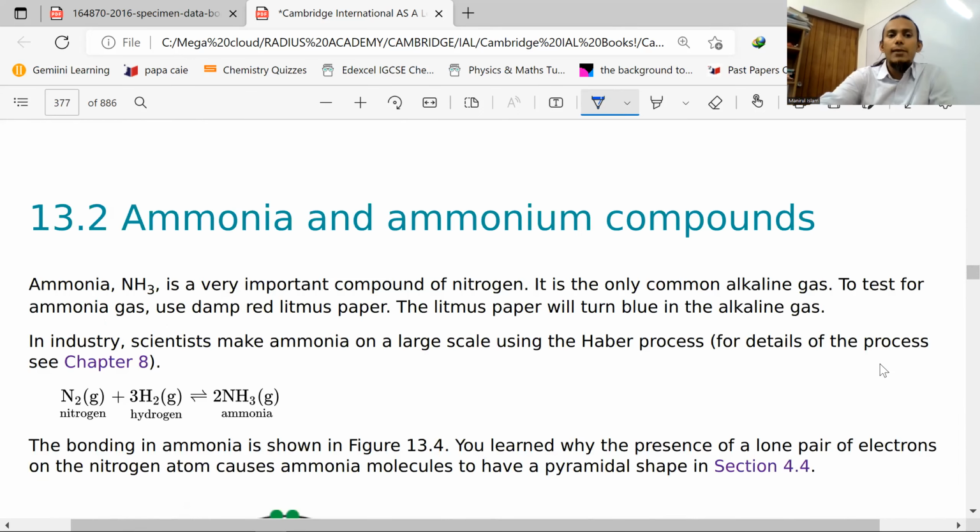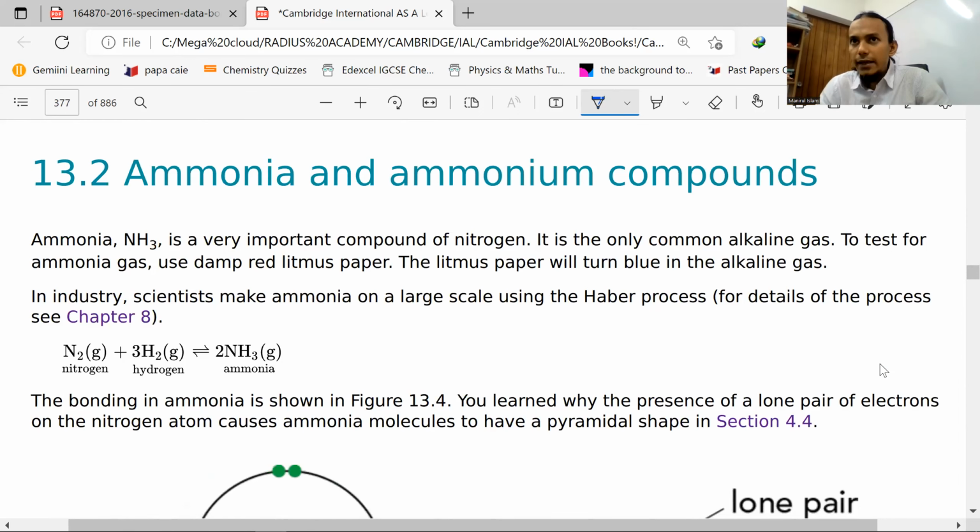Done. Ammonia and ammonium compounds. Again, a nitrogenous thing, right? So we know in the Haber process,